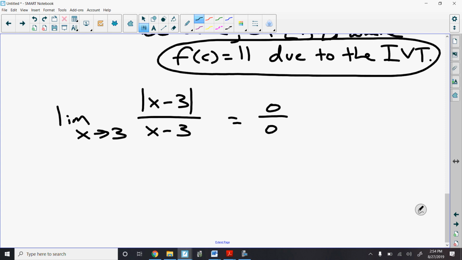Now, generally, this means a hole, right? I said it's always going to mean a hole, but we have to be careful if we have absolute values. Absolute values are a place where 0 over 0 might not necessarily mean a hole. So let's think about this a little bit. Eventually, we'll take a look at the graph, too. But when we have absolute values, I want you to really think about left-hand and right-hand limits. So let's think about the limit as x goes to 3 plus